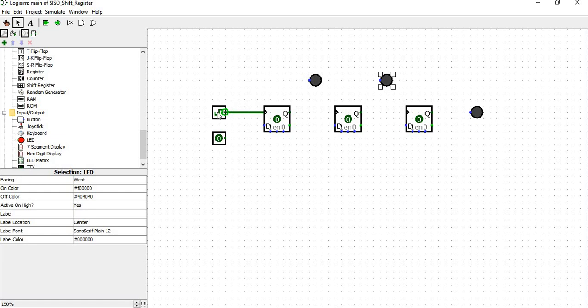Because I am not having any input here, for example I am just connecting this to here. So it means I am going to have 1 bit information with 0 value, this dark green.